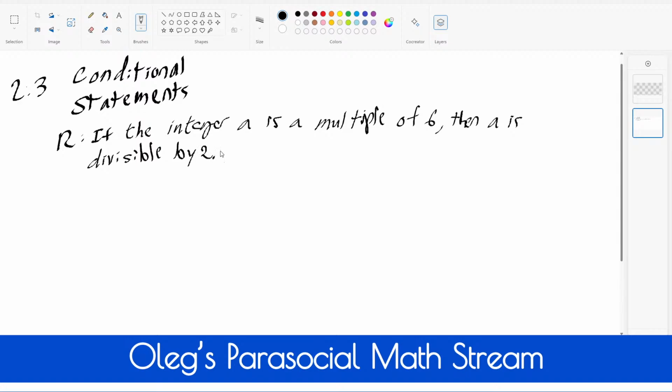Okay. So we're going to say P: the integer a is a